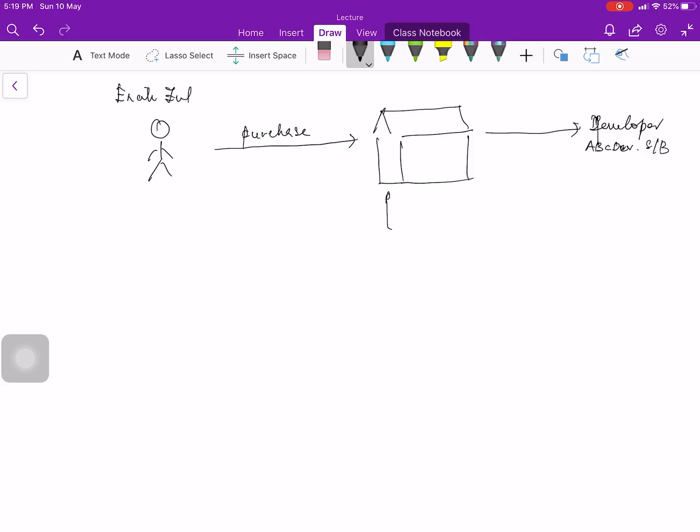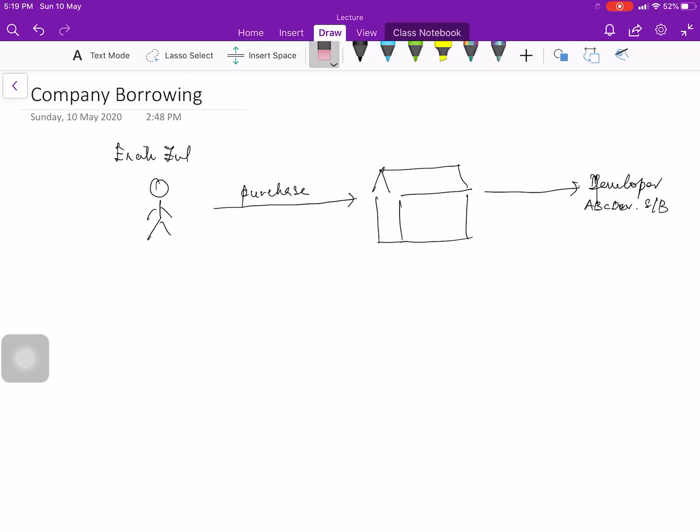Okay, this house is RM 200,000. Now Encik Zul, an officer in a company, only managed to take out his EPF, and then he made payment of a 10% deposit for the house. So he has already paid 20,000, and he still owes 180,000 to developer